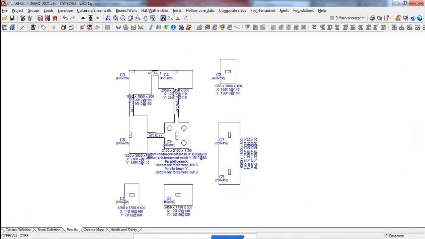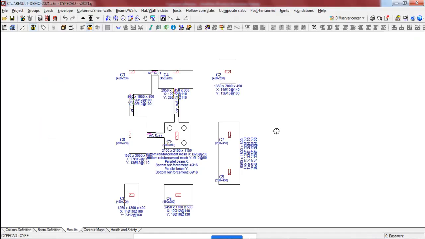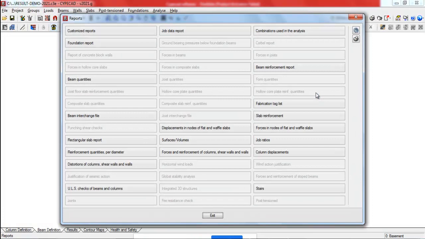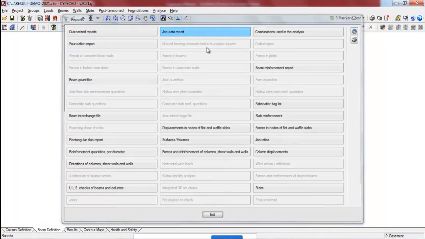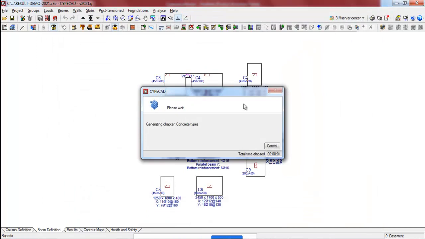We are able to do a complete modeling, analysis, design, detailing, quantities and drawing preparation using this software. Okay, now let us go straight away and see the report generation. For example, you want to submit this design report to somebody, you can just go to the report generation here, and software will give you complete design calculations.